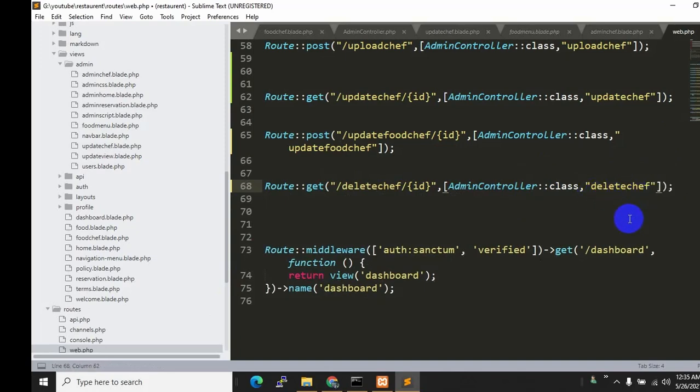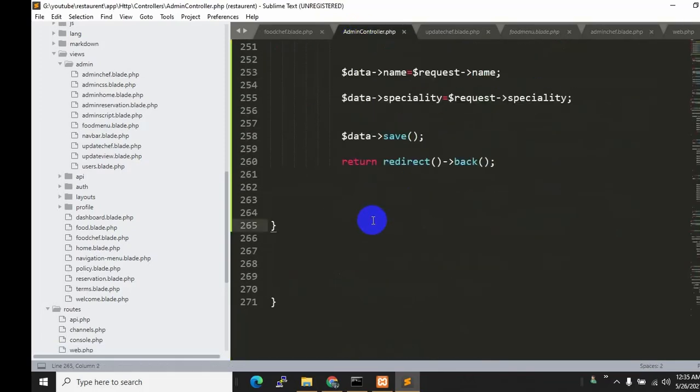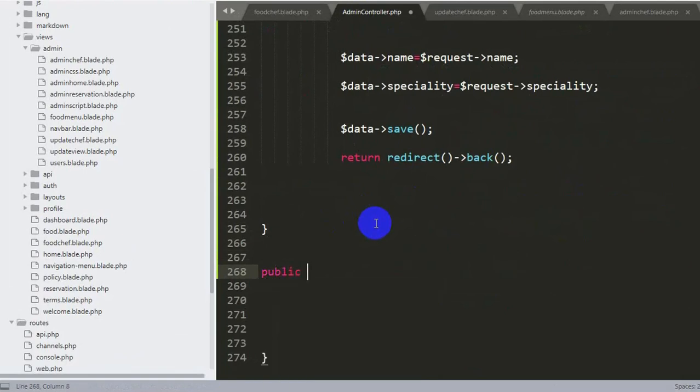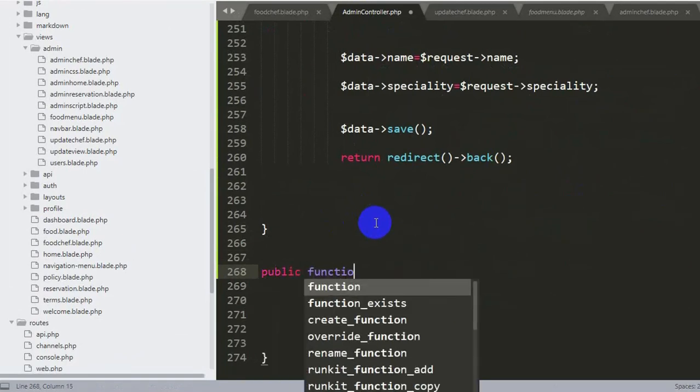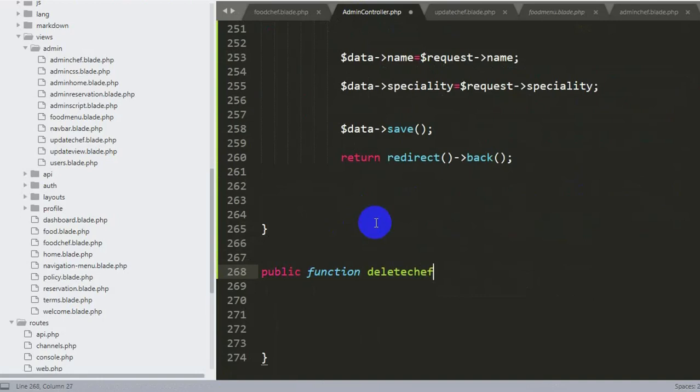Now we'll just go to our admin controller. Delete is actually really easy, and we have already done it a lot of times in this project. So we'll say over here public function delete chef, and then we'll mention our $id over here.